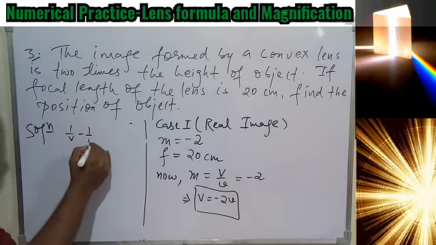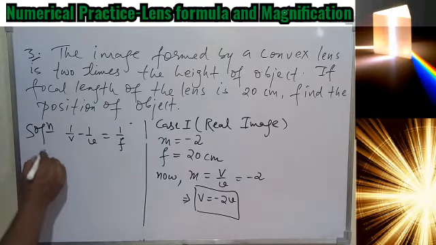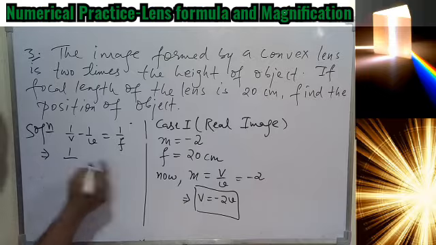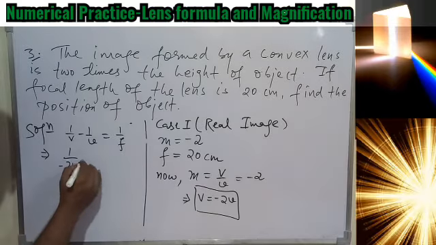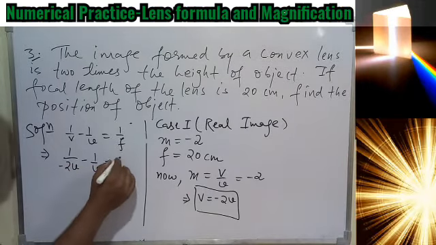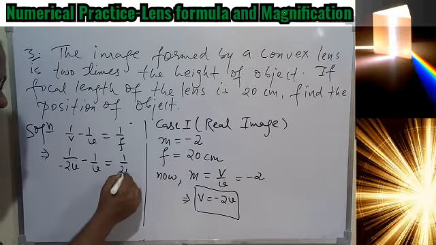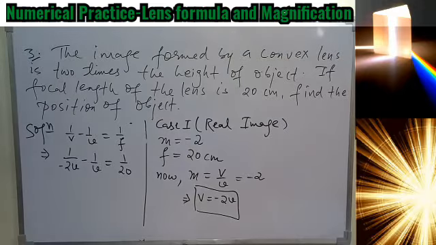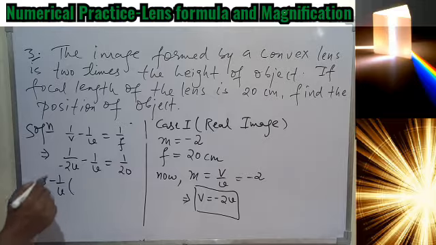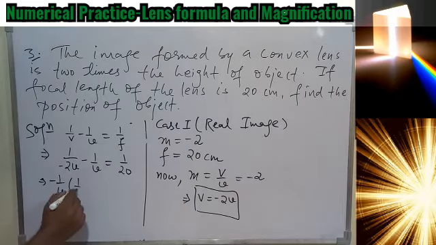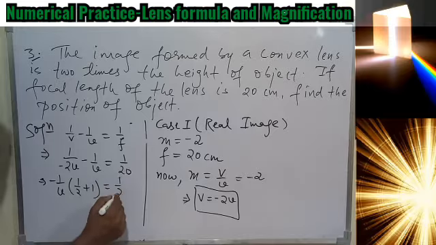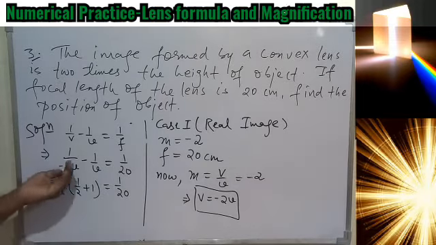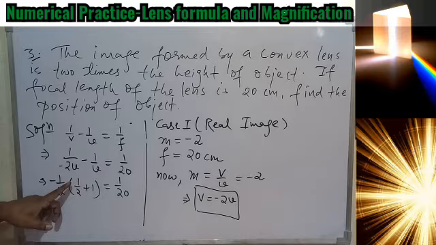So 1 by v minus 1 by u is 1 by f. So in place of v we can put -2u, and this is minus 1 by u only, and that will be 1 by focal length, how much? 20. So in place of v I have put -2u, nothing else. Okay, let's solve it. And in this we can take 1 by u common, with minus. Okay, minus 1 by u. So this will become 1 by 2 plus 1. So it understood, if you take 1 by u common with minus, this will become 1 by 2 plus 1. Simple.